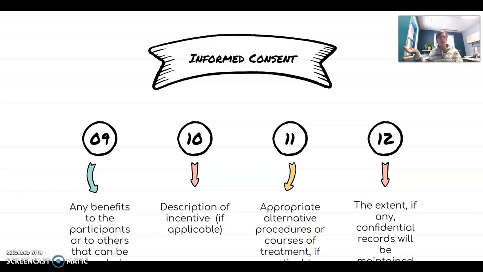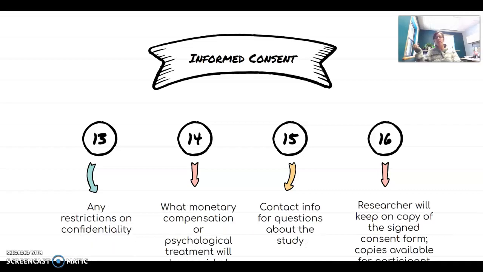That's similar to the other one. If there's any confidential information that you obtain, how that will be stored and kept confidential. Any restrictions on confidentiality, that kind of goes back to what we talked about in individuals and family. Kind of what monetary compensation or psychological treatment will be provided if there's risk. Contact information about questions for the study. Do not give your personal information, but give them something, and then letting them know that they can have a